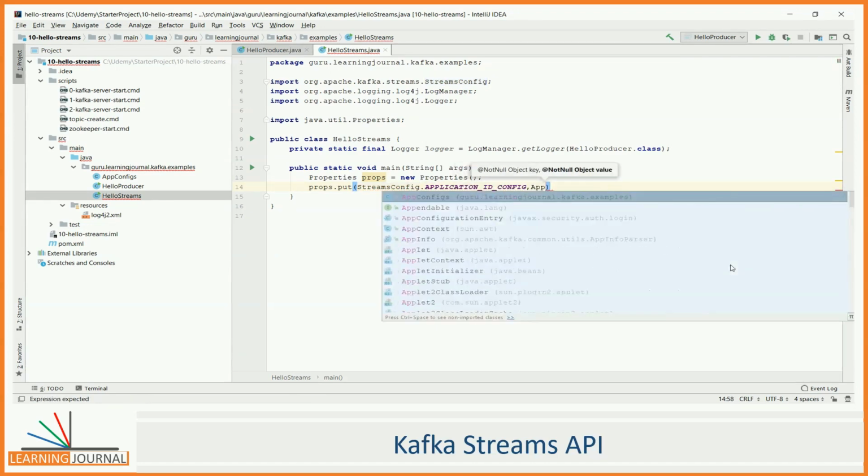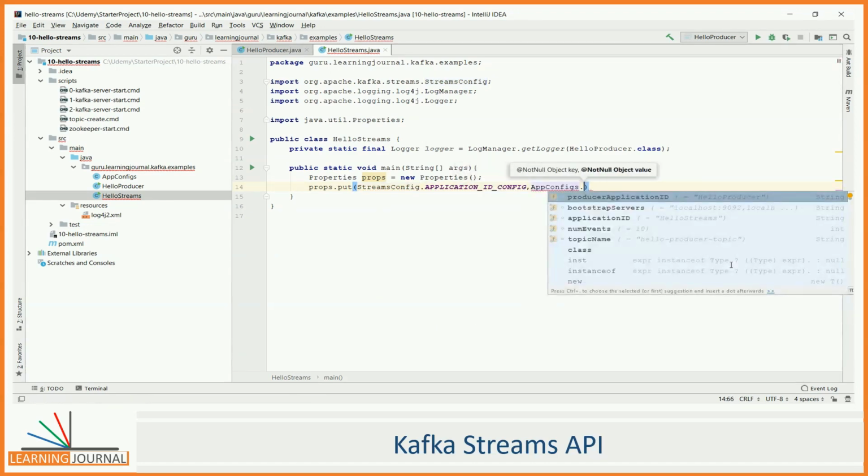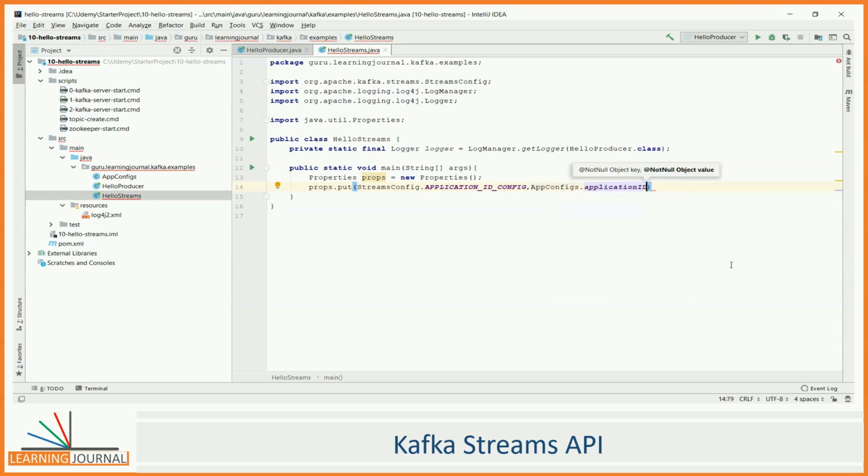Every Kafka Streams application must be identified by a unique application ID. If you are executing multiple instances of your Kafka Streams application, all instances of the same application must have the same application ID. That is how Kafka would know that all the instances belong to the same single application, right?